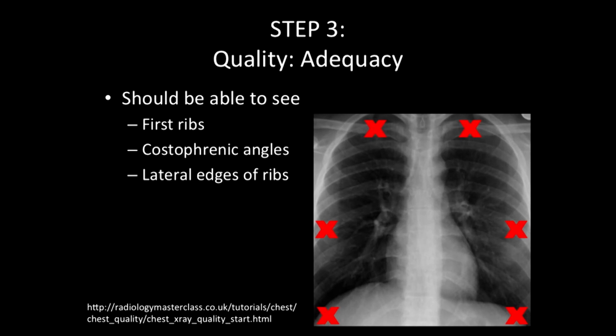And Dr. Stevens, if you were being critical of this X-ray, what would you say in terms of the adequacy of the X-ray? Well, this chest X-ray is inadequate. You're not able to see the entirety of the clavicle. You also are not seeing the complete course of the first rib. You're not seeing the lateral margin of the chest wall, so you may be missing stuff which is off the